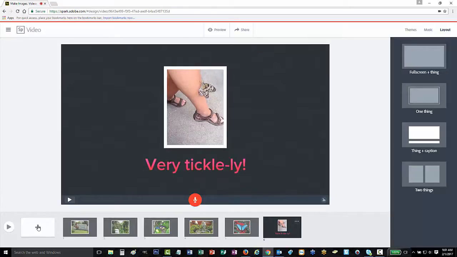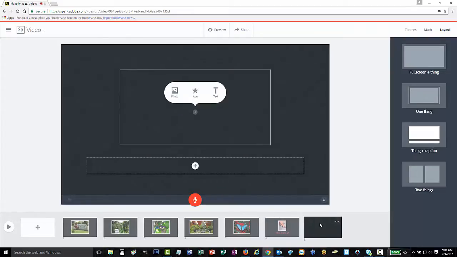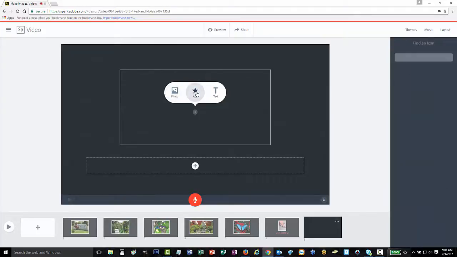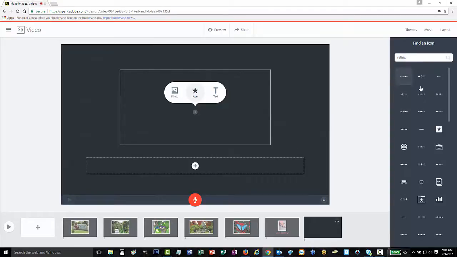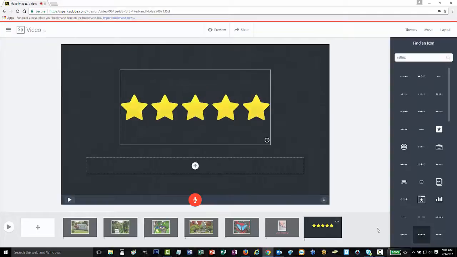Lastly, I'll show you how to add icons to your movie. I'll add a slide, and on this slide, instead of adding a photo, I will add an icon. Over here, I search for a description of the icon that I want, and it shows me options. I pick the one that I want,